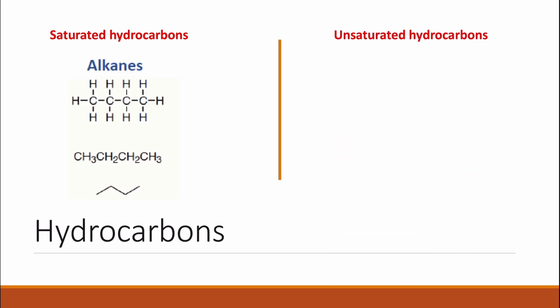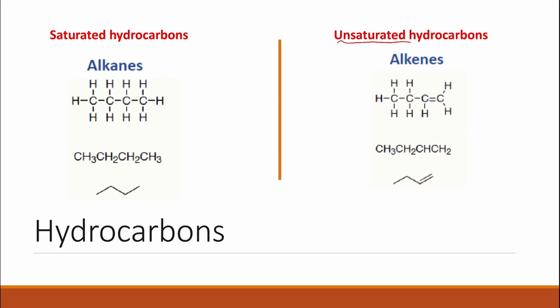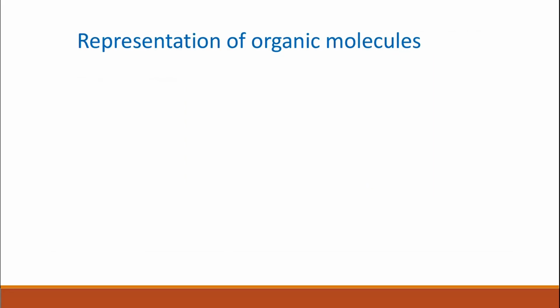The second class is called unsaturated hydrocarbons, and unsaturated hydrocarbons are represented by the alkenes. And alkenes are this class of compounds which have a double bond between two carbon atoms within their structure. So any compound that has only carbon and hydrogen and has a double bond is called an alkene. So before we start talking about the different classes, the alkanes and alkenes, we need first to know how to